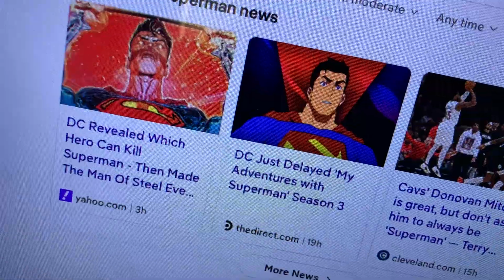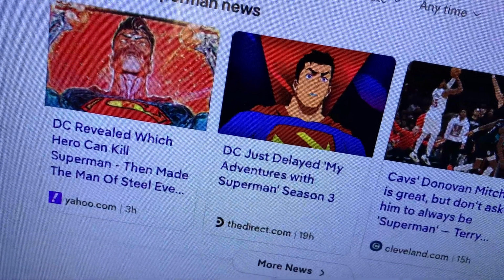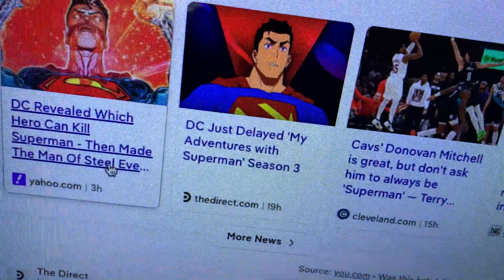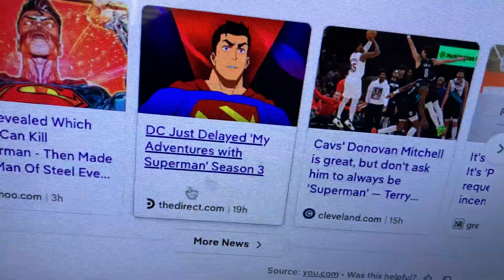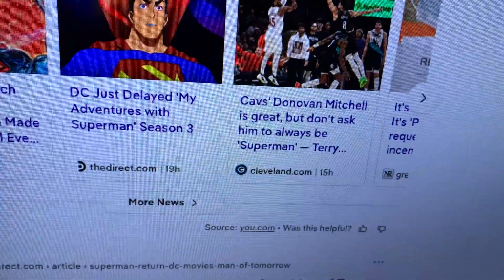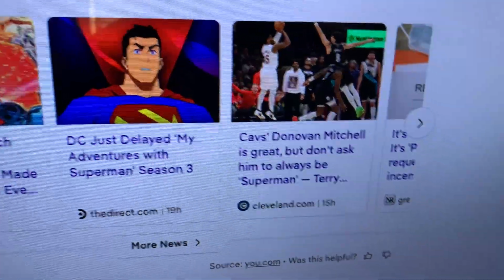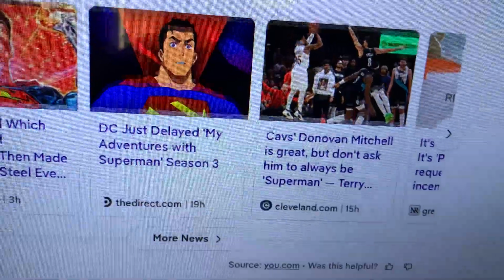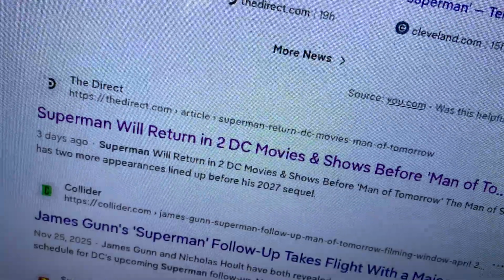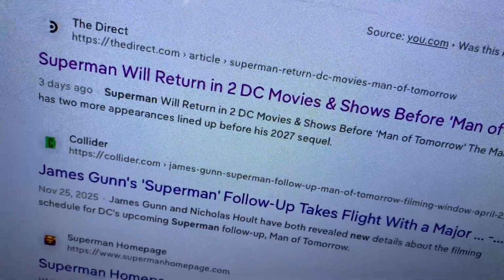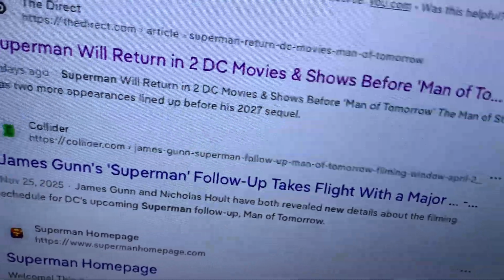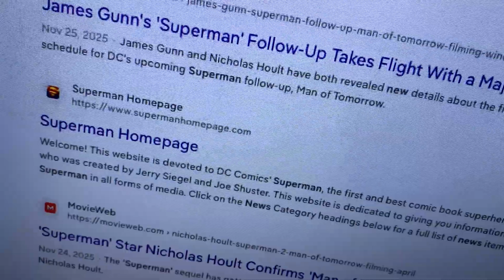DC revealed which hero can kill Superman, then made the Man of Steel. I think this probably says something like even stronger or something like that. DC just delayed my adventures with Superman. Some basketball stuff. Superman will return. James Gunn's Superman follow-up takes flight with, you know,